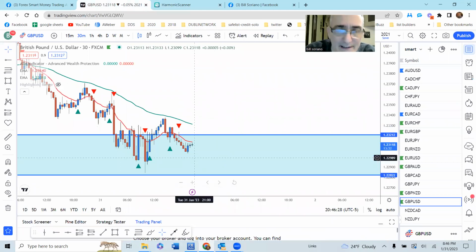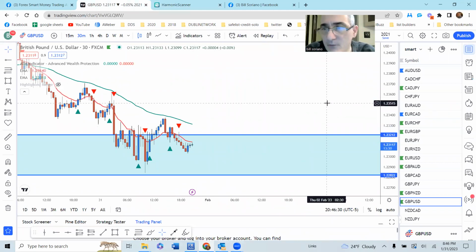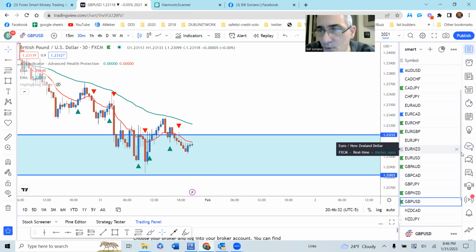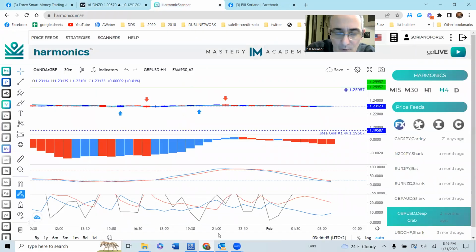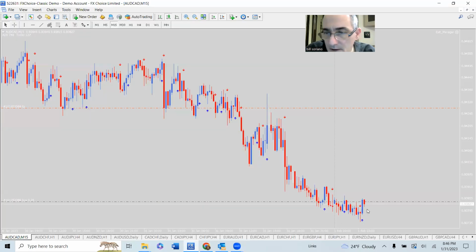So that's what we're looking at today, guys. We have the one tonight. We have the one trade, and we're watching this one here, AUD-NZD. We're watching to see if we can get a trade on here. I thought there was one other one that I was watching, but I can't remember what it was. So we have the one trade right now in